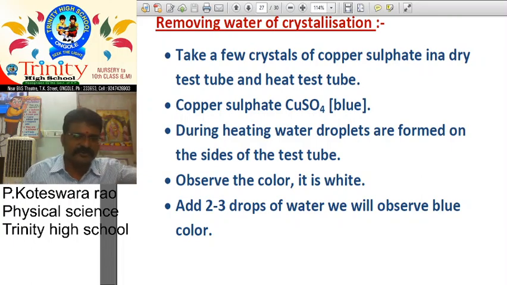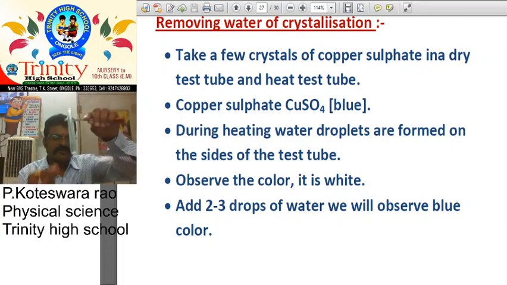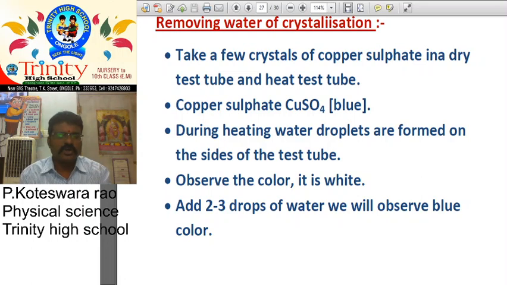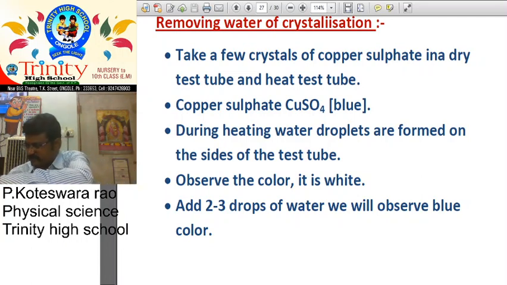So after heating, what about this color? White. So what happened here? While heating, this blue colored copper sulfate changes into white color. How, sir? Because already if you observe the walls, they consist of some water molecules. Water molecules are present here inside the test tube. Then if you add some water, 1 or 2 drops of water,